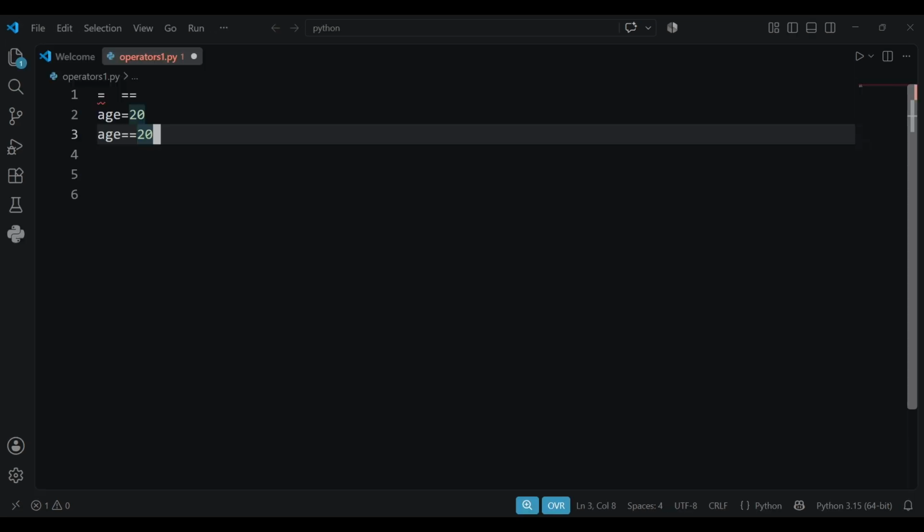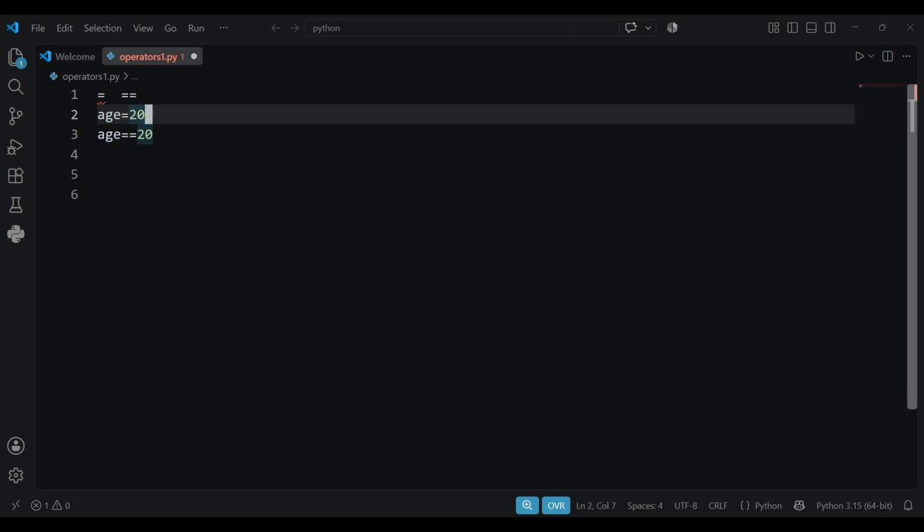Before we finish, there is one very important point to remember. Beginners often confuse = with ==. They are not the same. The single equal sign, =, is used to assign a value to a variable. For example, age = 20. This means store 20 in the variable age. But age == 20 means, is the value of age equal